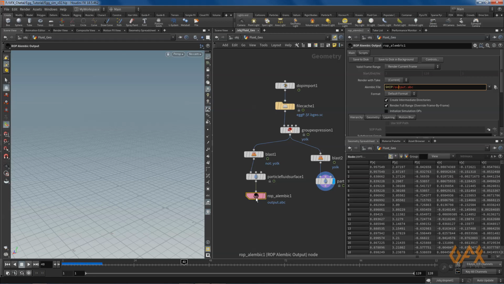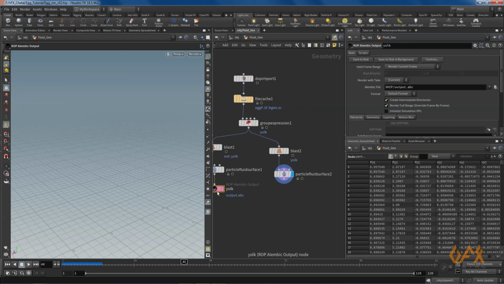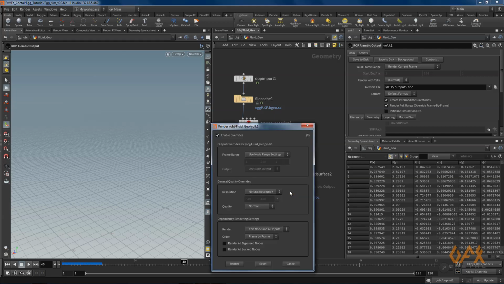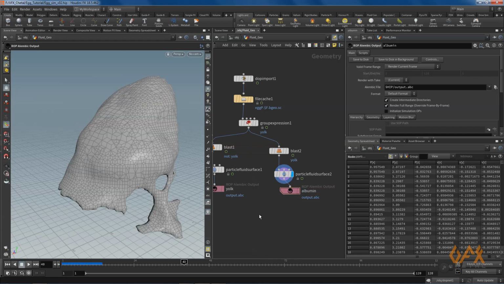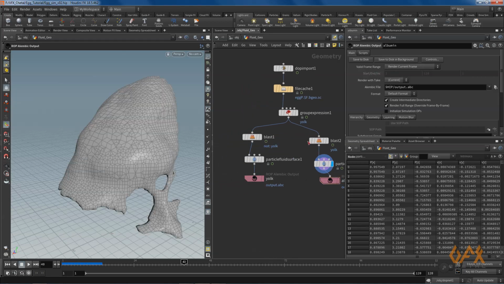And same thing you can do, so here is your yolk, and here is your albumin. Okay, so you can easily export these things and save to the disk, and whenever you want to use this thing you can easily use. So I already exported these things.